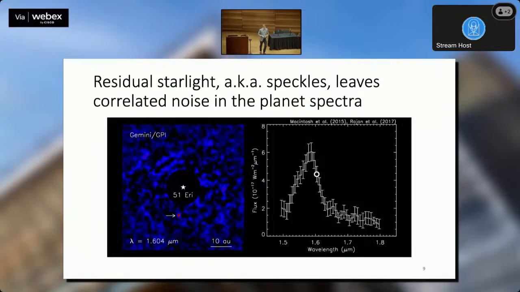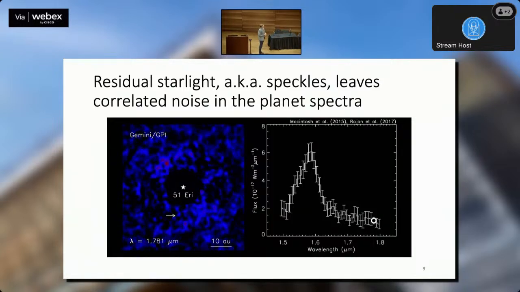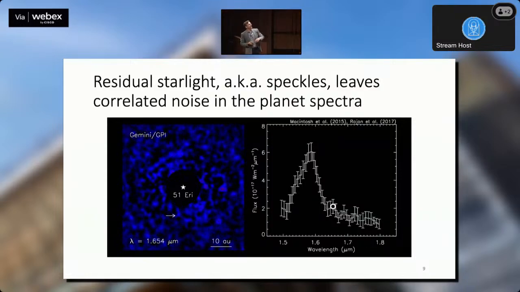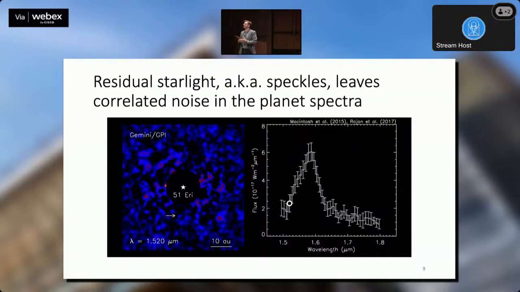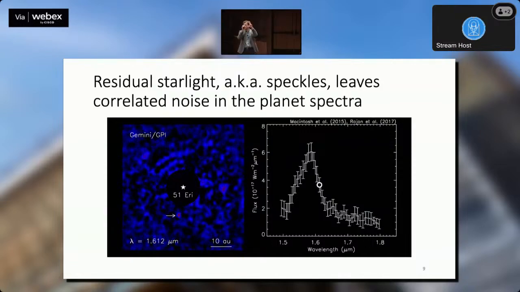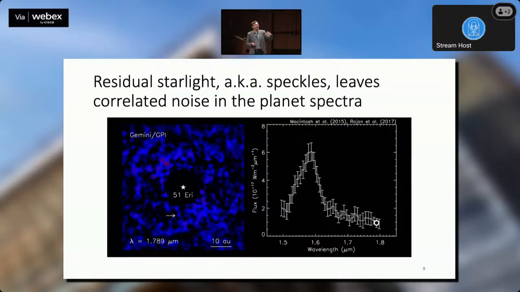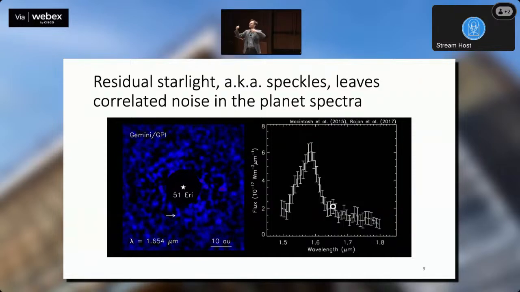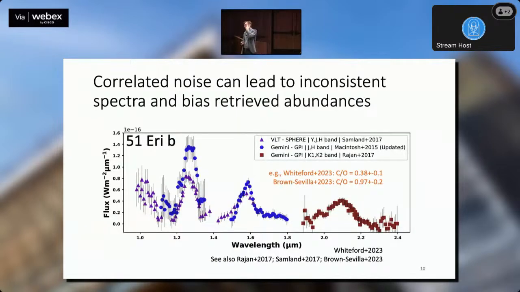So getting back to the problem of correlated noise, this is a spectrum for 15189, an integral field spectrograph, so we're scanning through the different wavelengths. The star is hidden behind the mask and has been subtracted, and you can see the residual speckles, the residual starlight in the background, like that bubbling thing. That's correlated noise, and when we extract the spectrum of the planet, it's going to add wavy things, wiggles, into your spectra, and that has been an issue.